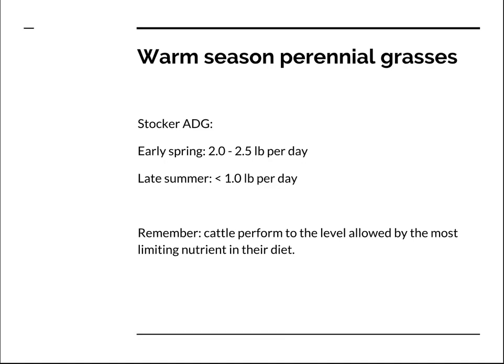In the early spring, stocker calves often gain at excellent rates, exceeding 2 pounds per day. However, that rapidly